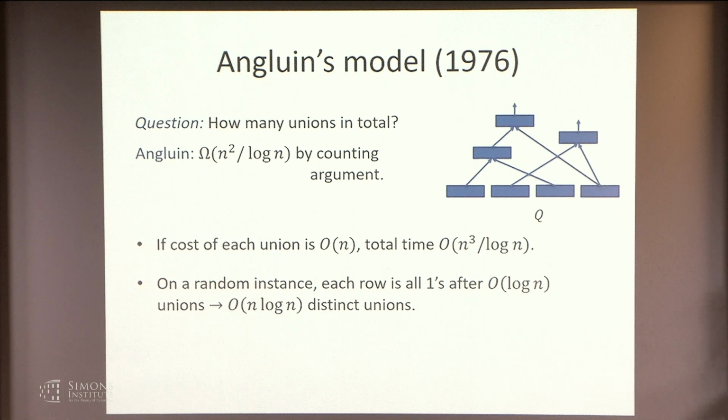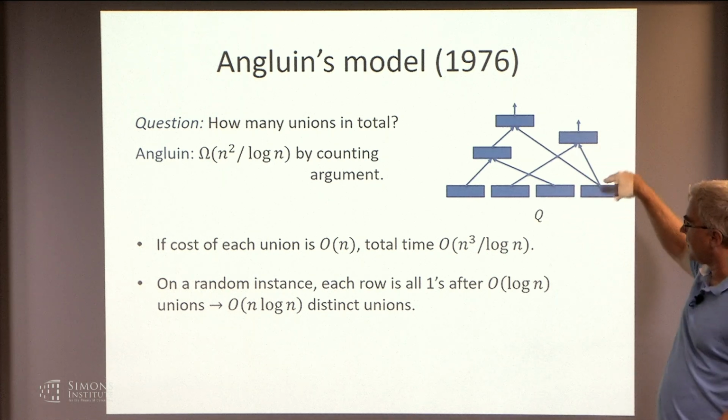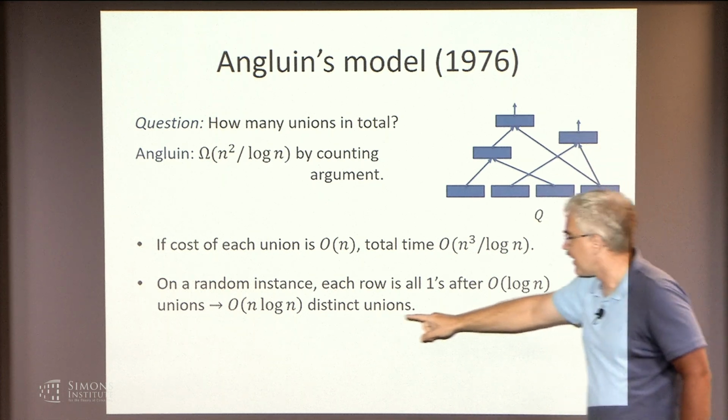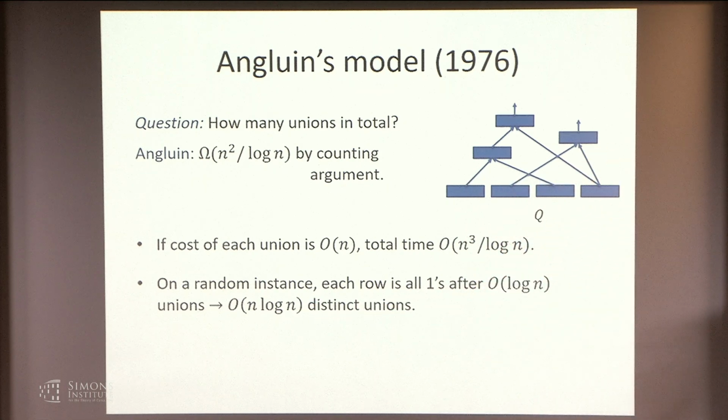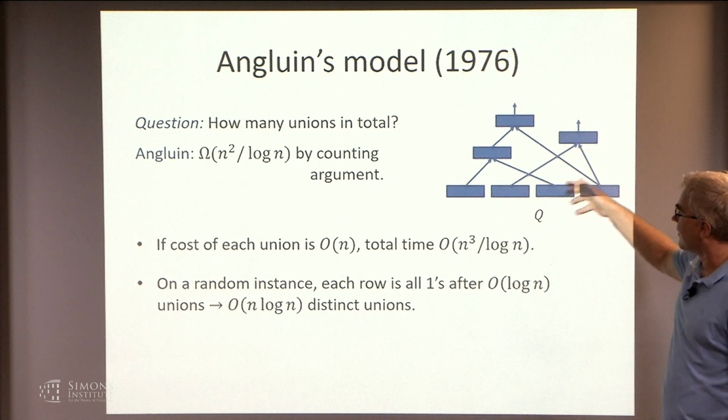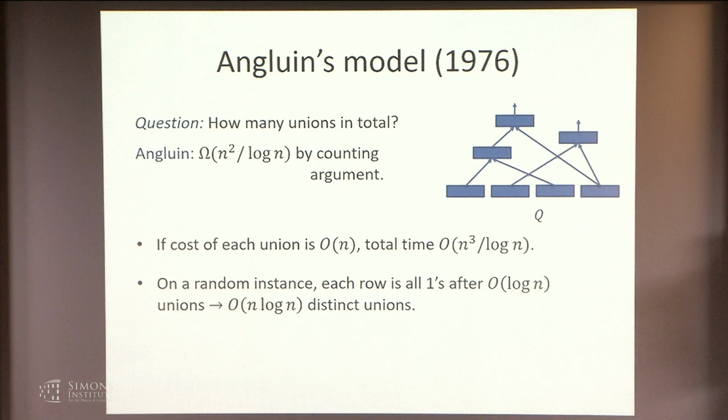So then what happens is that if you look at the circuit as such, there are going to be only about n log n distinct unions you can actually take, because everything else is trivialized and there is nothing else to do. So if you were to take random matrices P and Q and try to evaluate this witness,